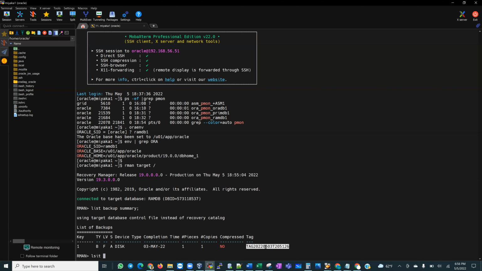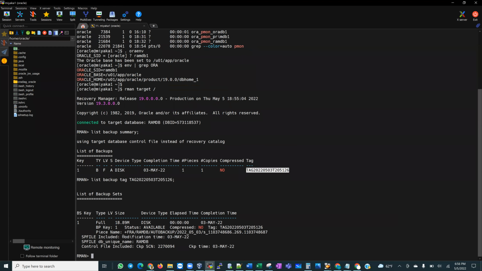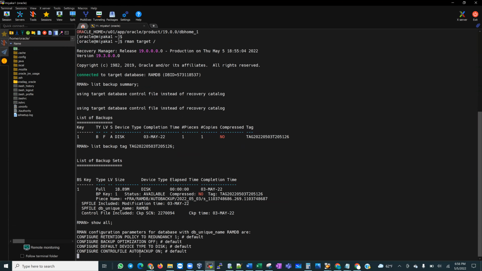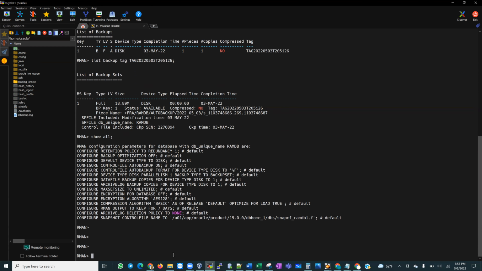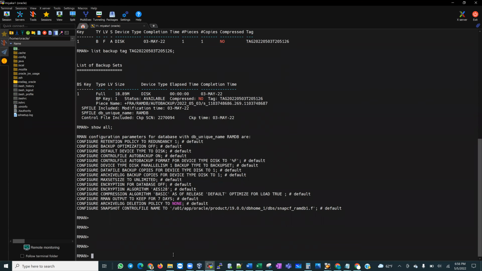Let's list backup with tag, and let's see what's in that. Okay, I think it's just my SP file and control file. So let's do one more thing, show all. Let's see if my auto backup of my control file is on, and that is why we have this backup here. Now, when you are taking a backup of your database using an incremental strategy, one of the things that